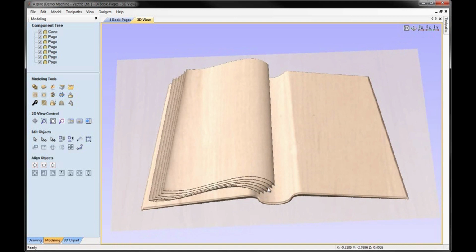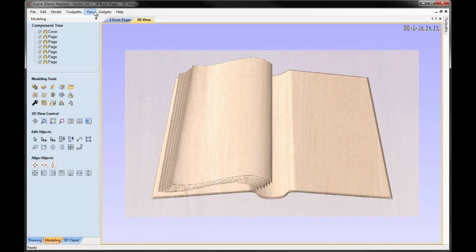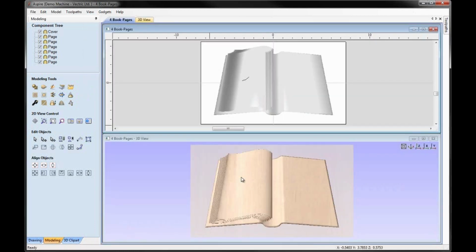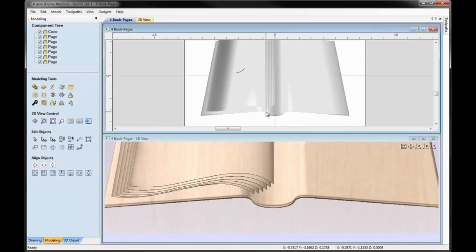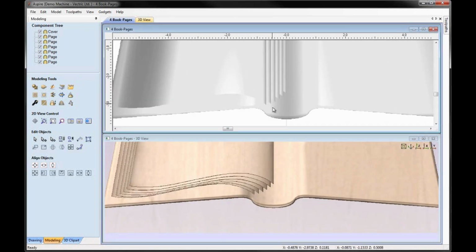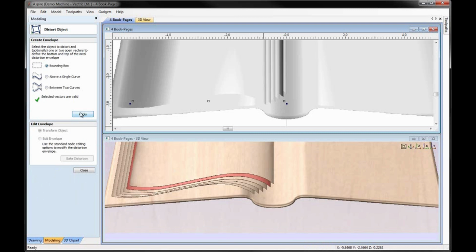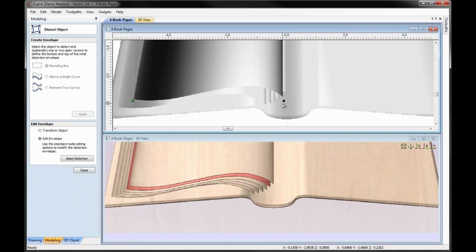So I'm going to distort each of these pages in order to give me that curvature. Then for the top page I'm going to ultimately distort that a little bit more to add a bit more kind of curve and flare into that to make this look a bit more individual. So let's go up to View, tile the windows horizontal again. I'm going to zoom in on the bottom part here, same in the 2D view. And what I'm going to do in turn with each of these is select the page. I'm going to come to Distort Selected Objects, choose the option for the bounding box there, and then I'm just